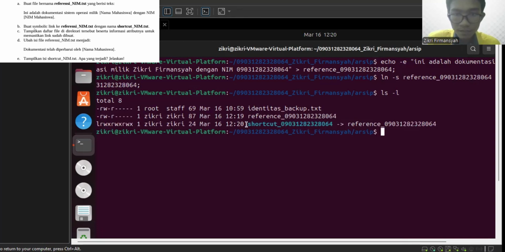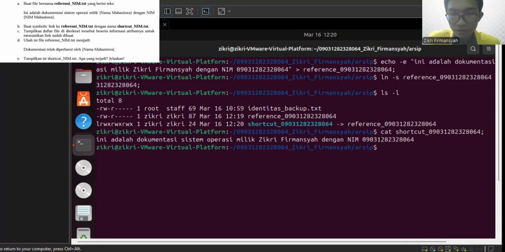Now you can see the shortcut has linked with the reference. And then we can see the value of shortcut. It has the same value as the reference.